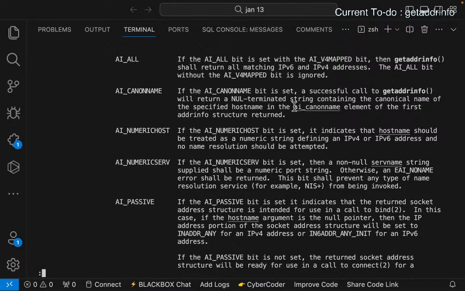AI_PASSIVE is set. It indicates that the returned socket address structure is intended for use in a call to bind. So if it is set, it indicates that the returned socket address structure is intended for use in a call to bind. Okay, so bind is actually for passive. In this case, if the hostname argument is the null pointer, then the IP address